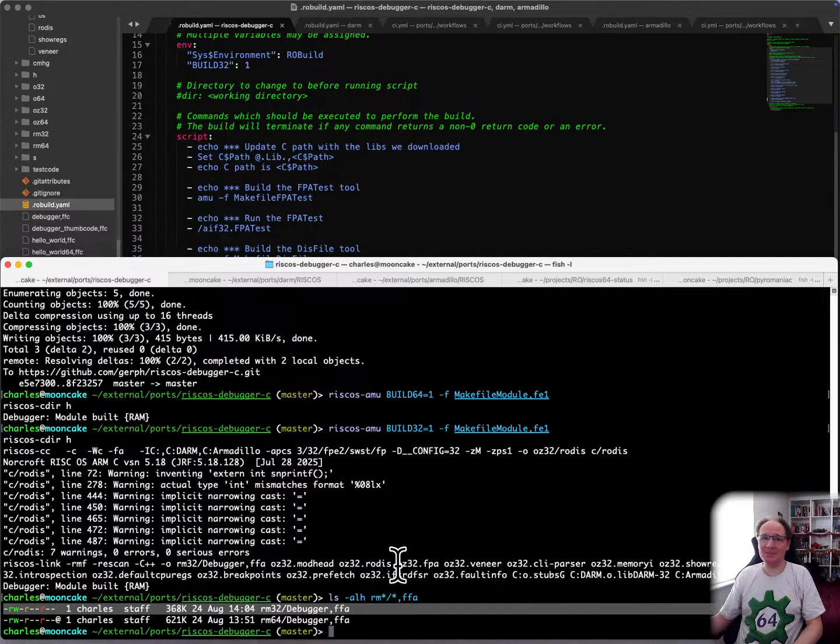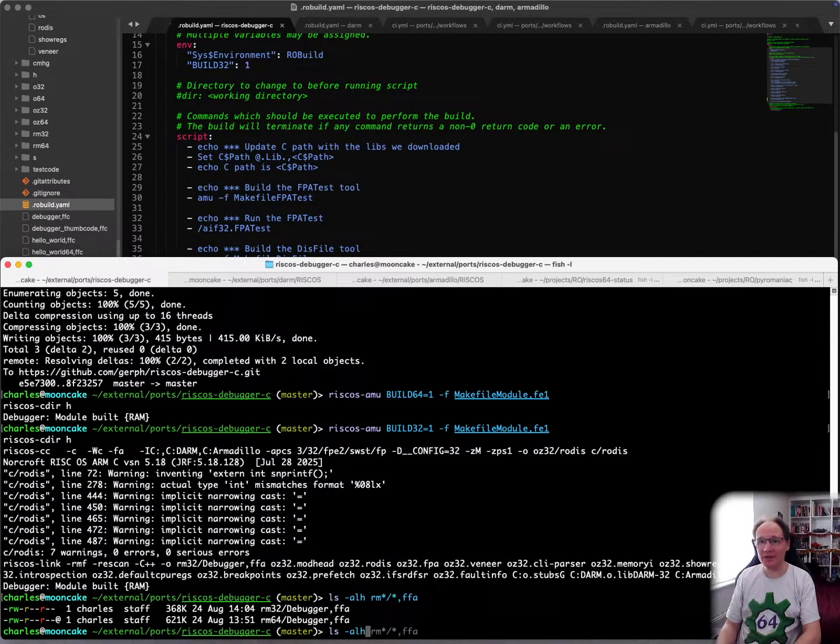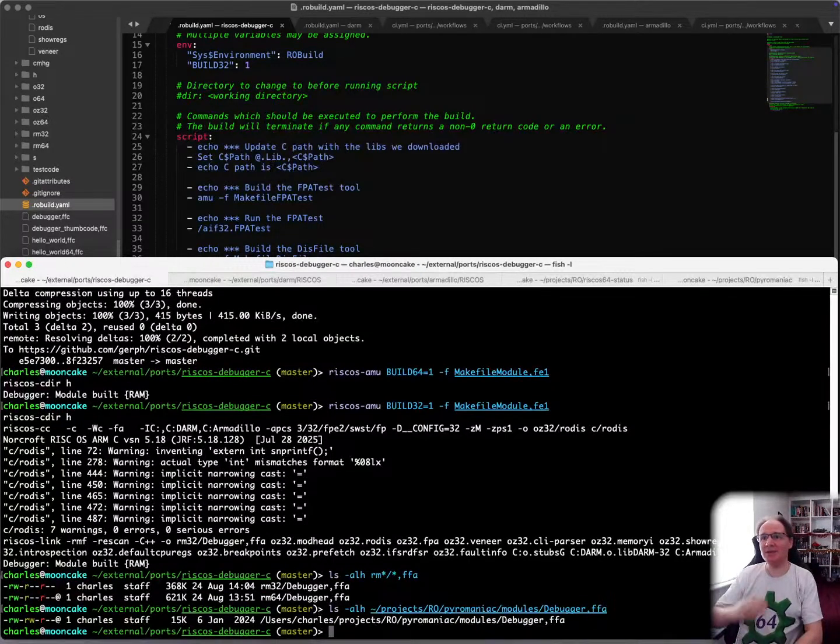This is a very large amount of code to have in here. It's like 620K for the ARC64 version, which is massive. If we have a look at the original assembler version, the one that was actually shipped with RISC OS, which I have lying around in projects, RISC OS, Pyromaniac modules debugger, there we go, there's the module. It's 15K, so that's quite an increase,